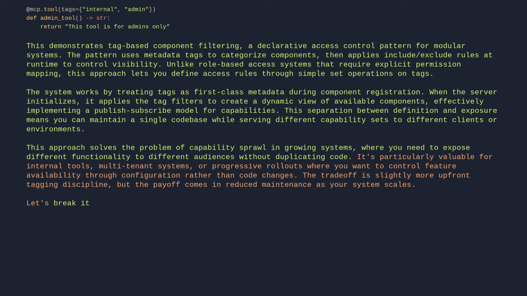Let's break it down line by line. @mcp.tool(tags={"public", "utility"}) def public_tool() -> str: